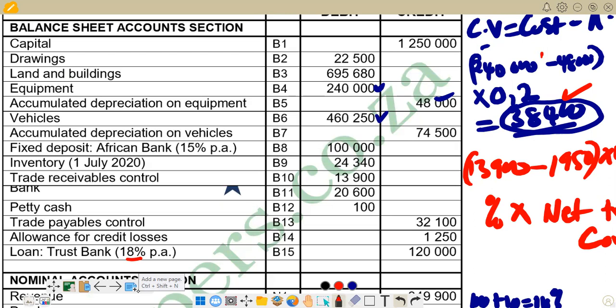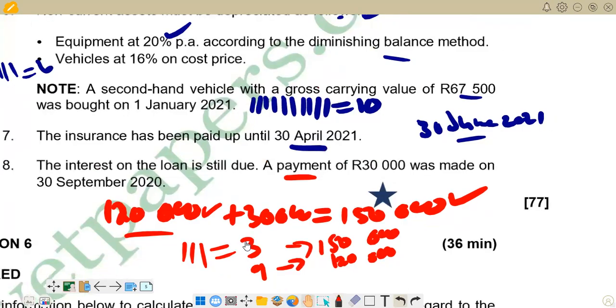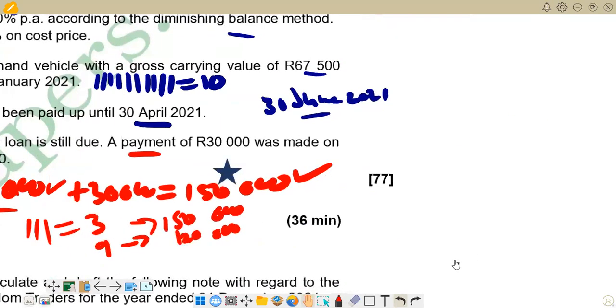And then we make a proportion again of 9/12 because it was 120,000 for 9 months. So basically, that's the calculation that we are going to make there. So what we are going to do here, let's just make the calculation. So we are saying before payment, let's just say before payment, the calculation is